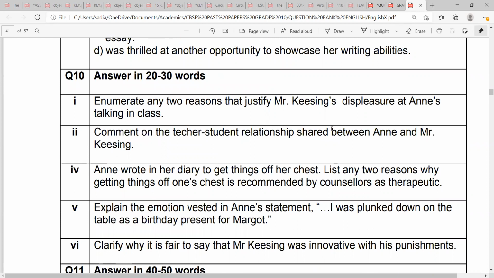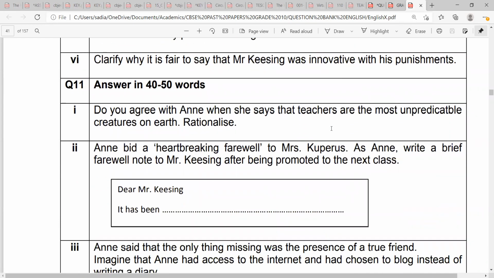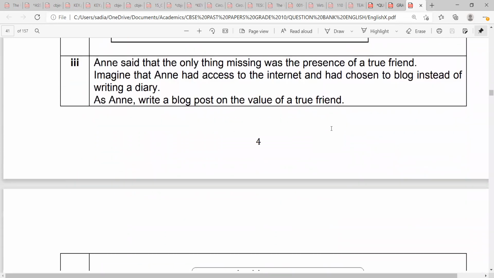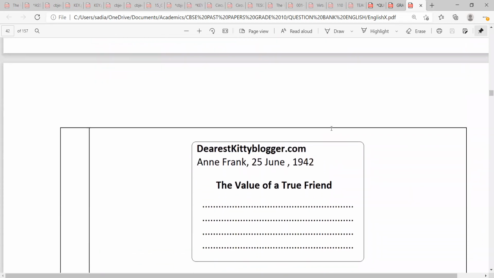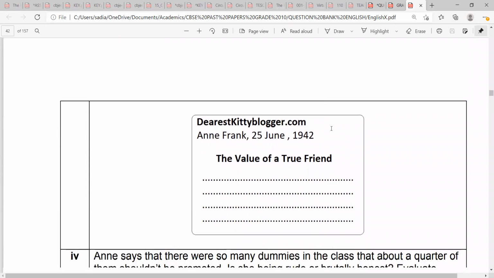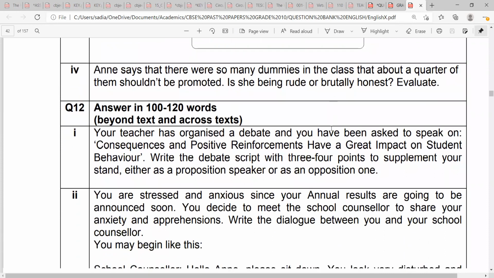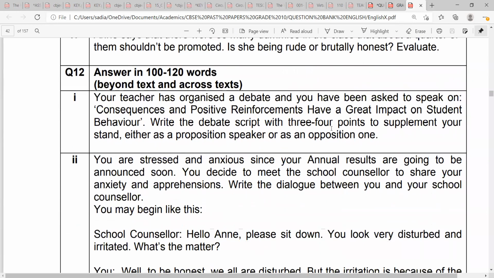Twenty to 30 words questions, 40 to 50 words questions. This involves all the writing formats that we know. 100 to 120 words, text beyond and across the text,